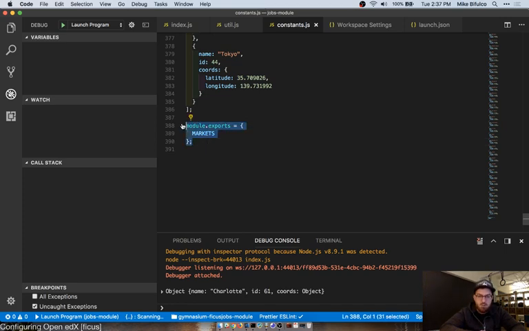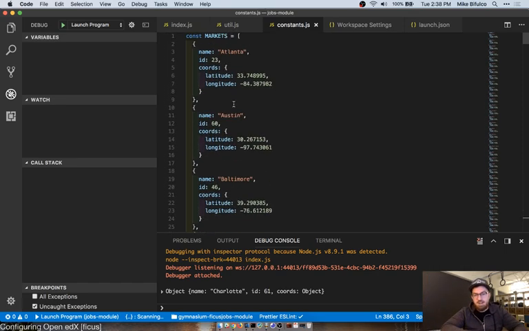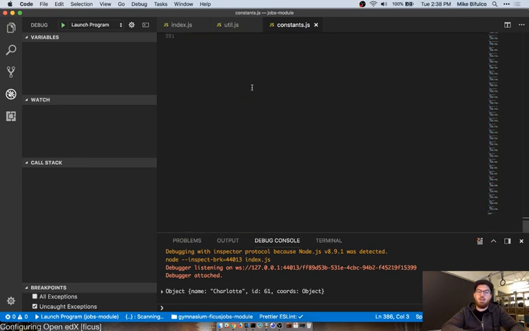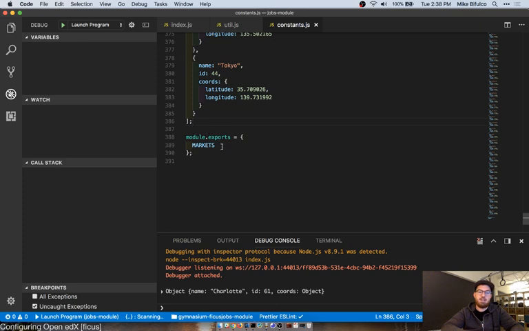Across the board, no matter what you're doing, if you're using something like Webpack or Babel to transpile your future ES6 into currently working ES6 on the Node V8 engine, then you can use the export default syntax rather than this module.exports.